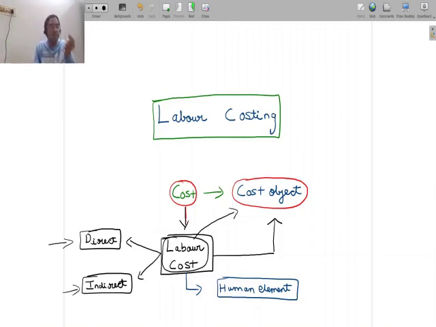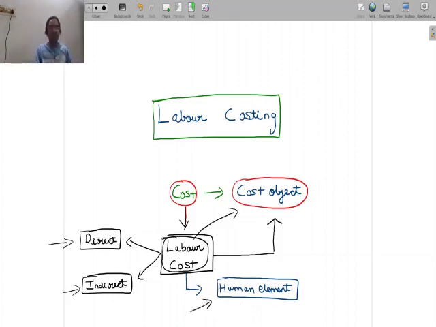But you can't say the same thing for a worker. Let's say I meet a worker and tell him, please put in your best efforts, I would look at increasing your pay by 25%. Well, that could motivate him, and the productivity that I get from him that day could be far superior. So there are a lot of psychological aspects when you look at labor cost because of the human element that is present.